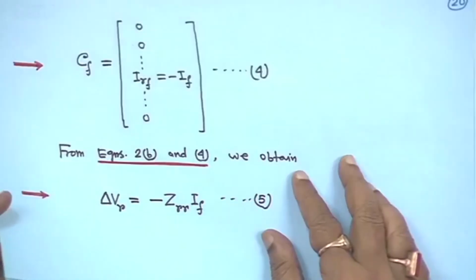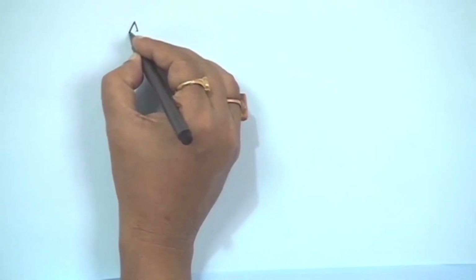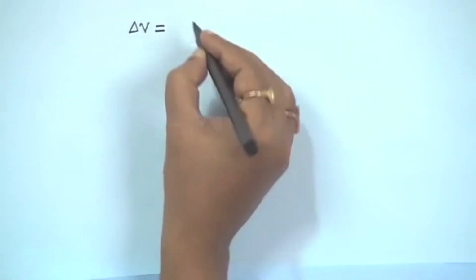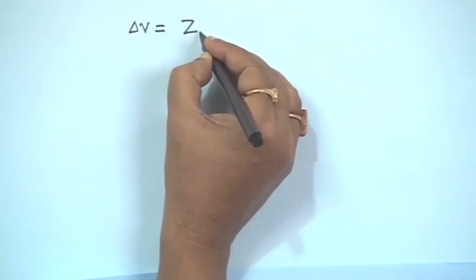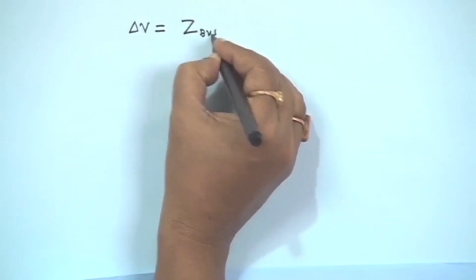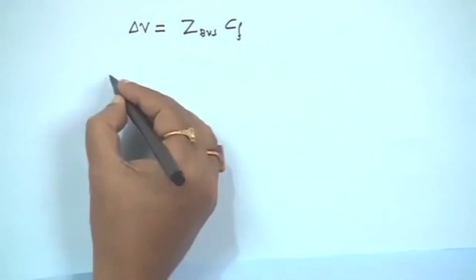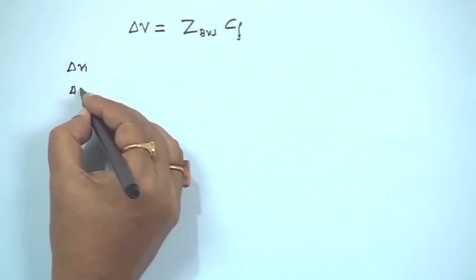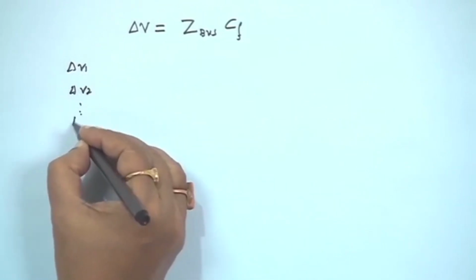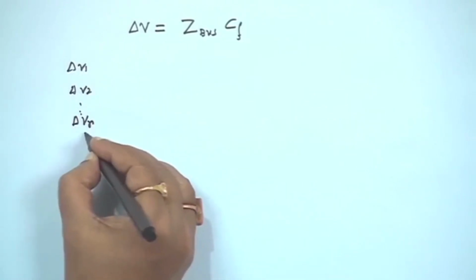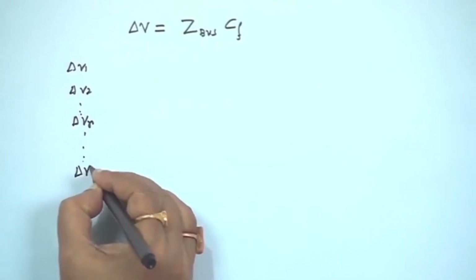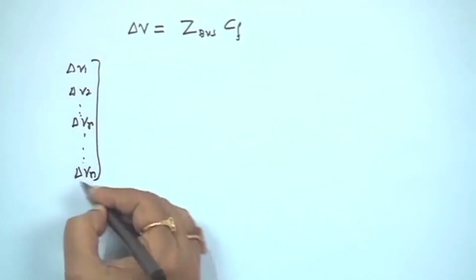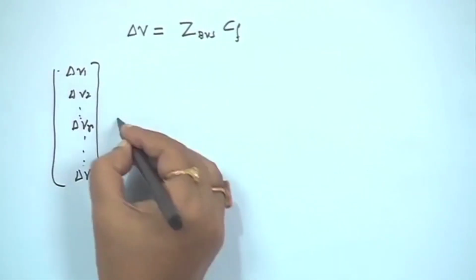Okay. So, how is this coming? I am writing one line for you: in this equation we have taken, equation 2B, delta V is equal to Z bus into I_F, right. So delta V actually is delta V1, delta V2, then delta VR for the rth bus, then delta Vn, right, and is equal to,